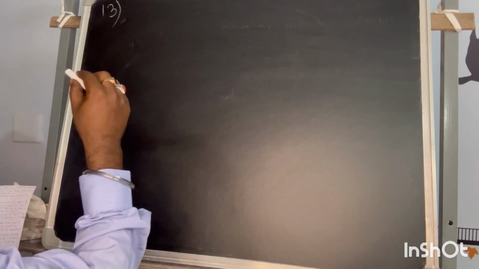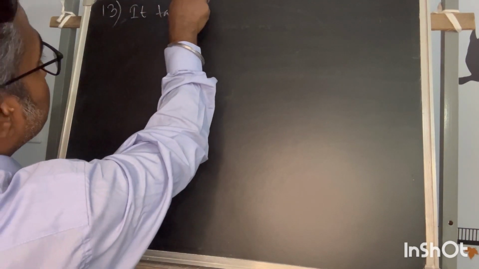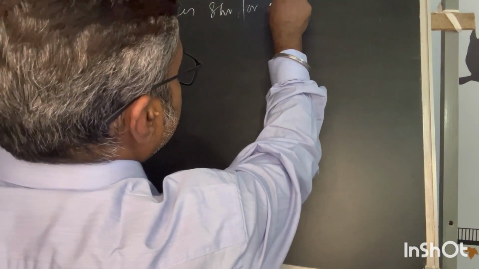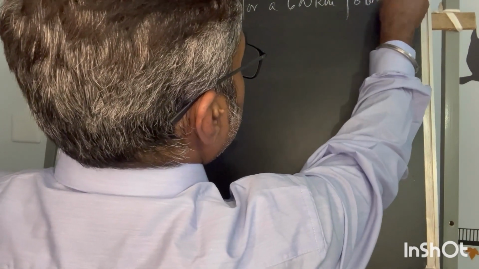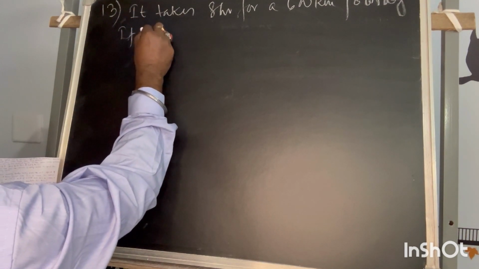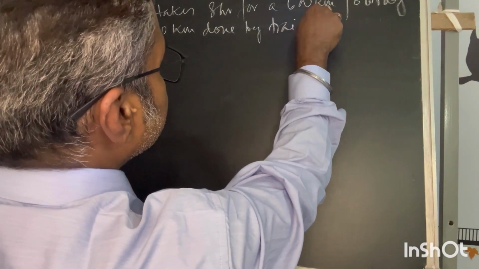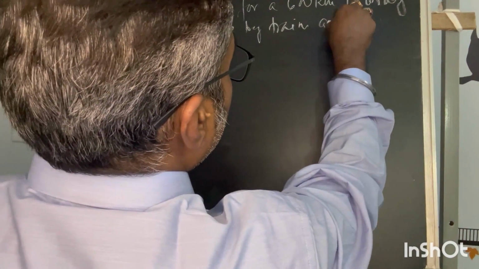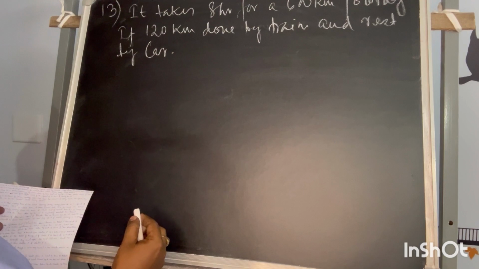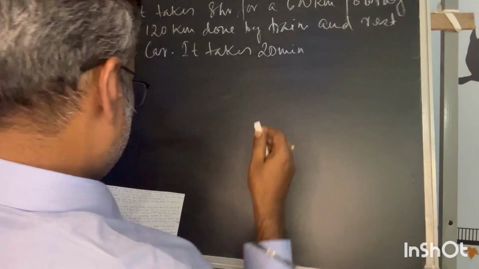So the next one is: it takes 8 hours for a 600 kilometer journey if 120 kilometers are done by train and the rest by car. It takes 20 minutes more if